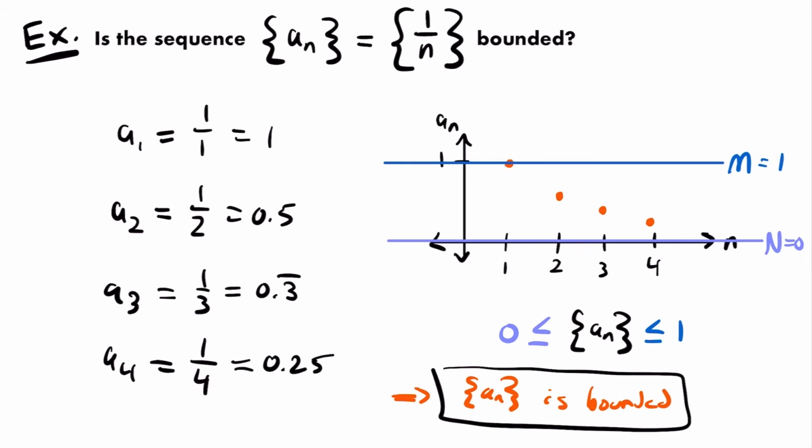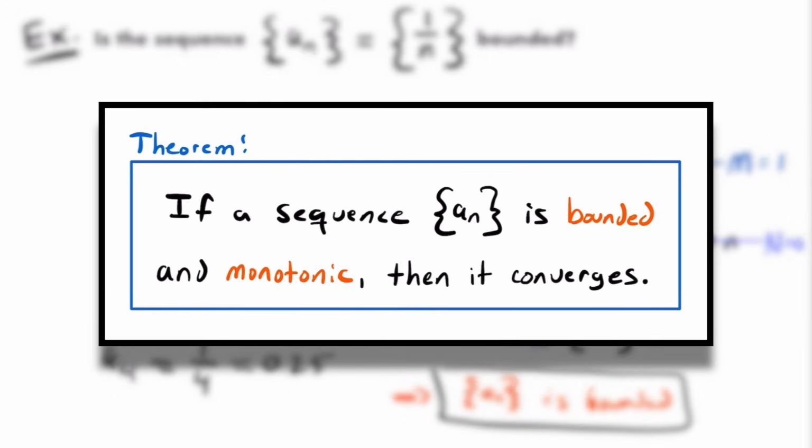All right, and so that's the last example where we focus just on if a sequence is bounded or not, but now we're going to come full circle and revisit that theorem from the beginning. Remember I showed you this theorem that if a sequence a sub n is bounded and monotonic, then it converges. And so now that we know what it means for a sequence to be bounded and to be monotonic, we can test both of those things for a sequence